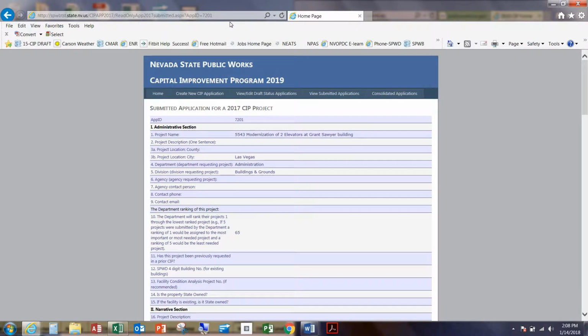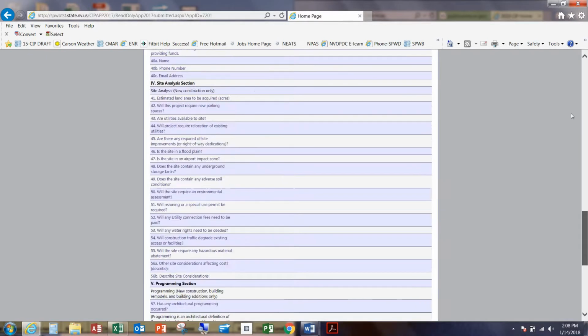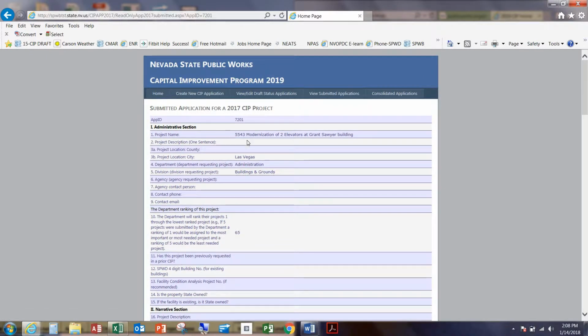You can just edit that in the address, and 7201 will appear. Now in this case, notice this application refers to a prior application, 5543. How do we find that? Because 7201 doesn't really have any information in it. Well, if we go to 5543,